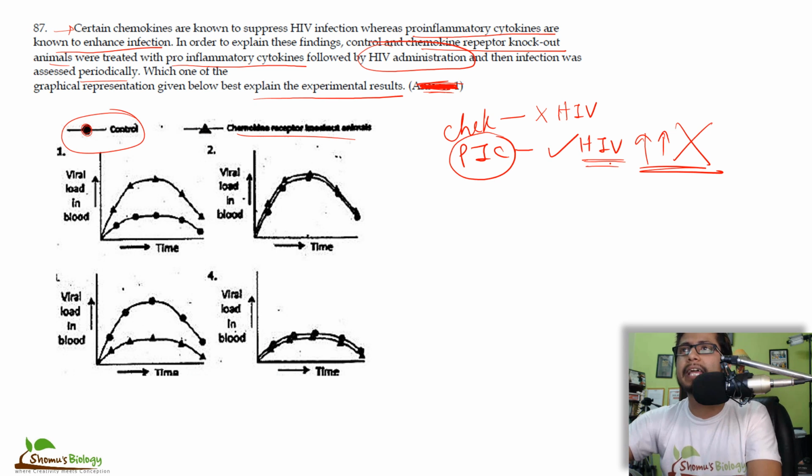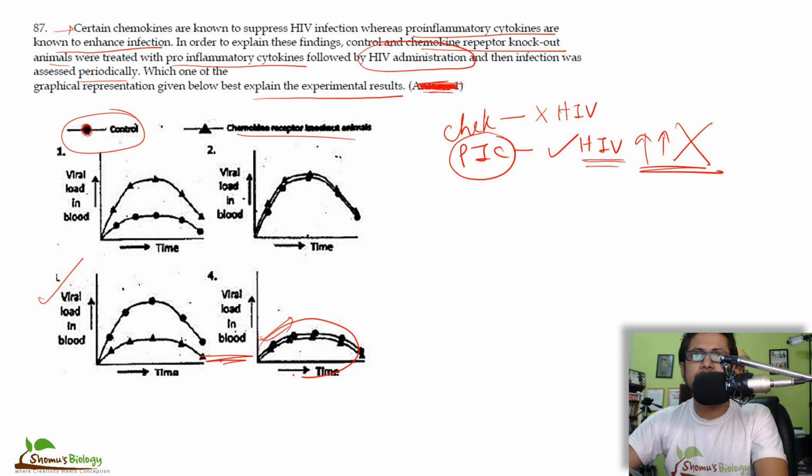In fact, in this case, the impact will be lower than the control. So what we can see is that among these four, where we can find the magnitude of this HIV infection lower than a control, that is this one, okay, lower than the control. And how much lower? If you look here, this is also lower, but the difference between these two is that in this case the value is very low, but in this case the difference is quite much from the wild type, from the control, okay,